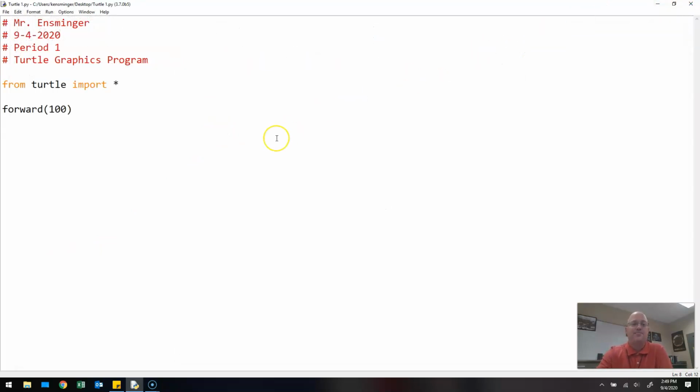Remember that programming is not just the lines you do, but the order you do them in. So I told it to go forward 100, and then I'm going to tell it to move left or right. And it's based off of degrees, 360 degrees around the turtle. So if I want to go at a 90-degree angle, I say left or right 90. So if I say left, parenthesis 90,